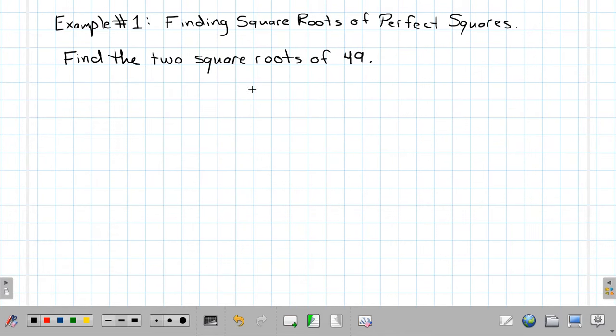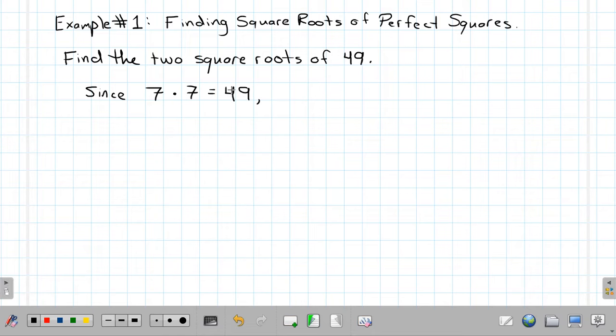Now, how you actually find the square root of a number, I'll show you in just a minute, you can actually use a calculator to find out what this is. But where this is a perfect square, this should be one that you could do in your head. So what you need to think about is, what 2 numbers can I multiply times themselves to give me 49? Since 7 times 7 is equal to 49,